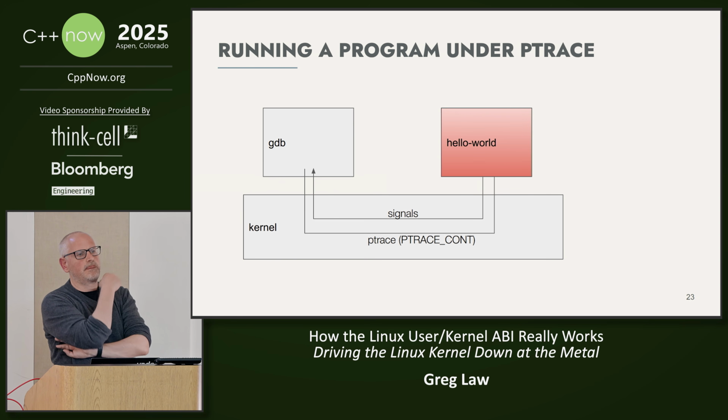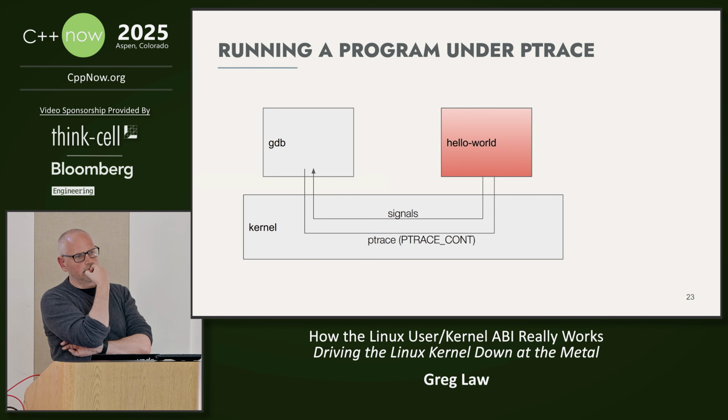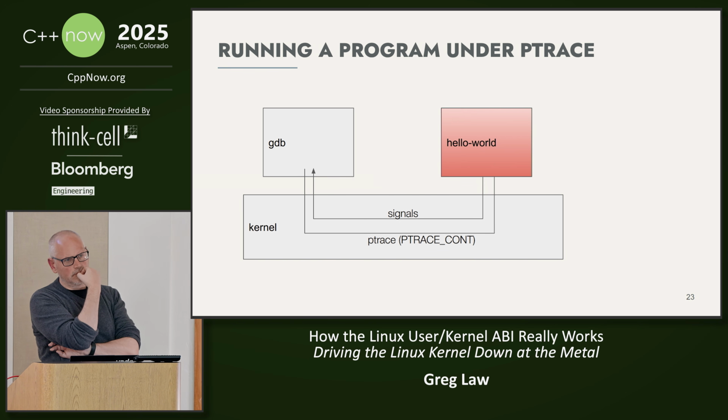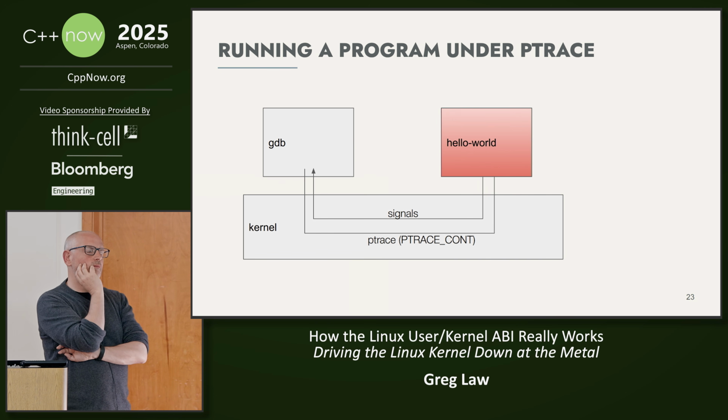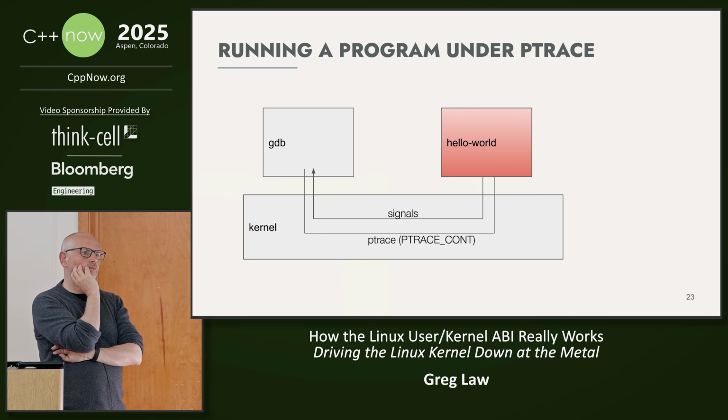The original process still gets all the signals, but before it arrives at them, GDB gets a SIGCHLD. It gets the same signal, and then it can use ptrace to find out what happened, and then it can say, when it does continue, whether it allows the signal through. So you put a breakpoint, hello world gets SIGTRAP, your process gets SIGCHLD, it sees that the hello world